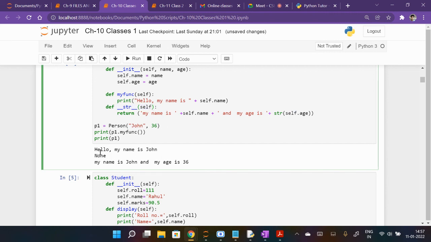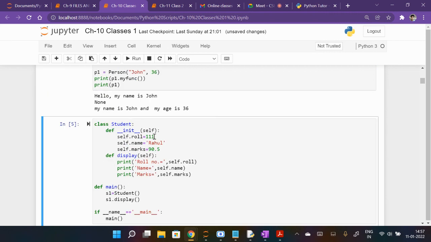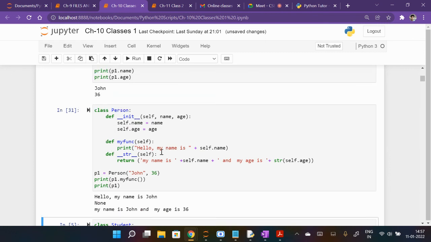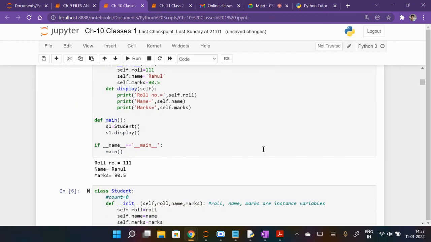Okay, that is fine. So you want the output in string form, and this is the output you want. That way you can write different examples.